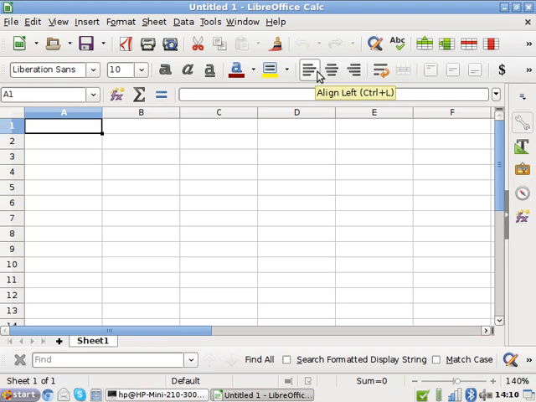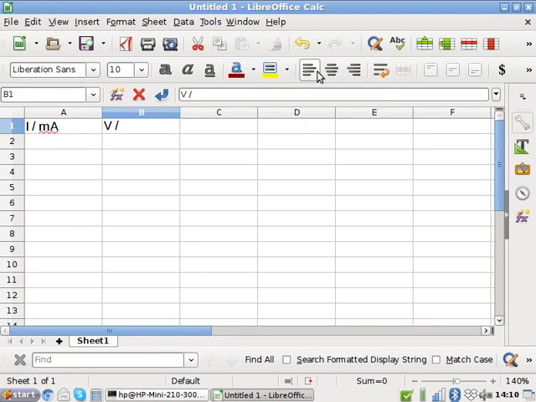I'll draw that in a moment. While the program's loading, let me just type in the data. So what do we put on the X and what do we put on the Y usually for this? Let's put I, current, for X and V, voltage, for Y. Yes. And on this graph,